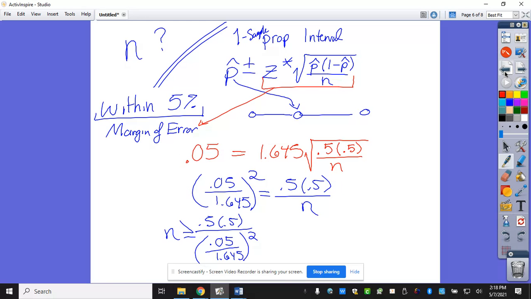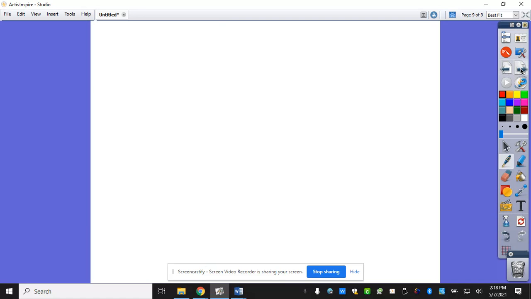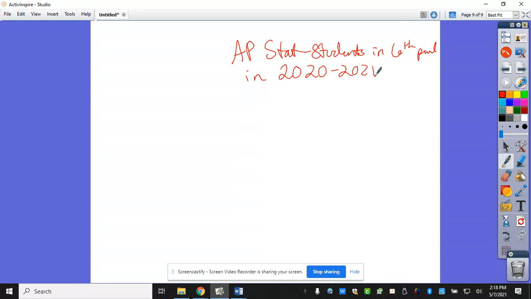Ever do, so if it looks like you're going to have to use something a lot, even if it's something completely off the wall that we have no idea, like you don't want to write out the probability, no, probably that's not a good one. Let's say I'm talking about AP Stat students in sixth period in 2021, and I just want to come up here, and this has nothing to do with statistics essentially, and write,